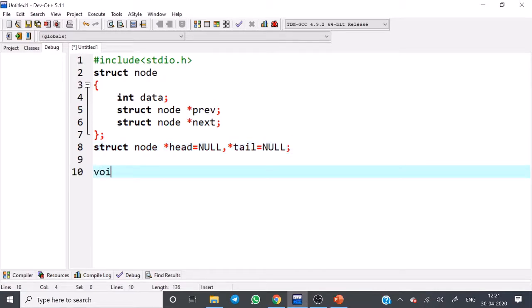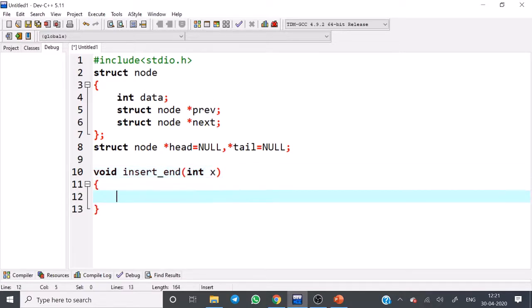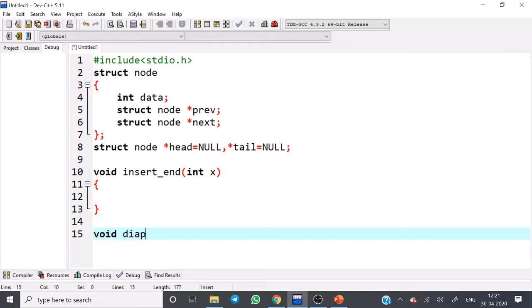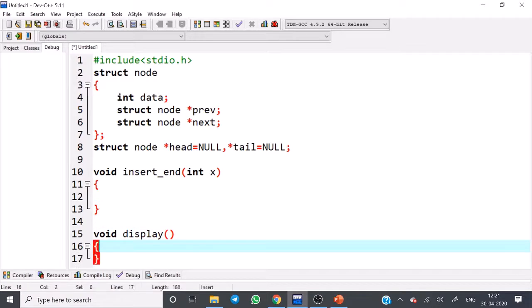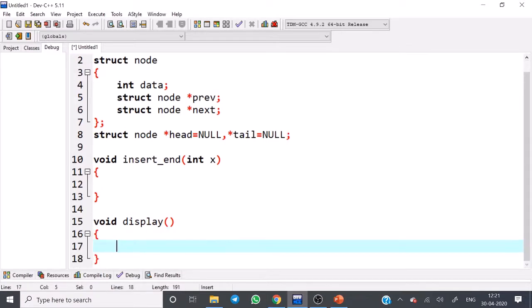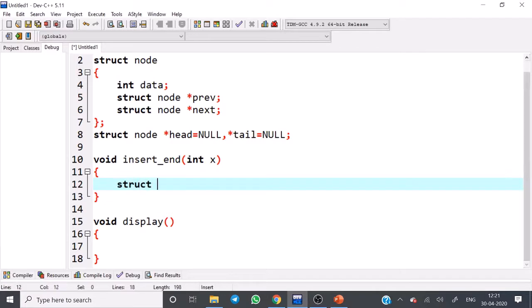Just inserting the element at the end position. I explained a few operations, insert end, and I am implementing display. Very simple. Okay, here create a new node and allocate memory.